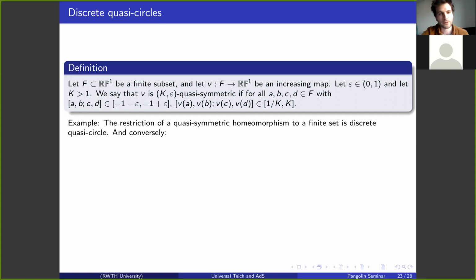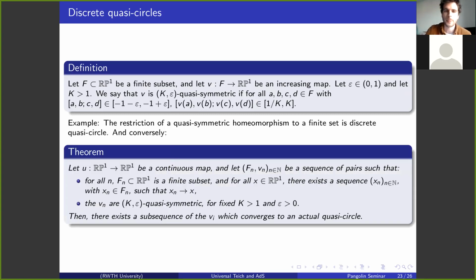And of course, one of the examples of such a thing is just the restriction to an actual quasi-symmetric homeomorphism to a finite set. That would be okay. And the theorem is actually some kind of a converse of this restriction example. The theorem is like a compactness argument,